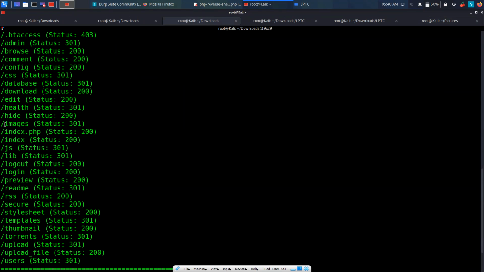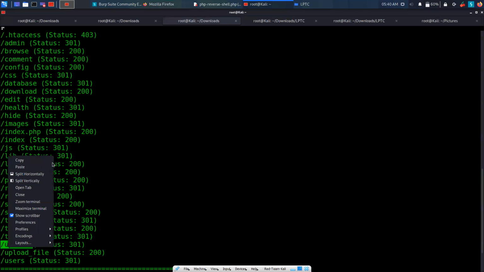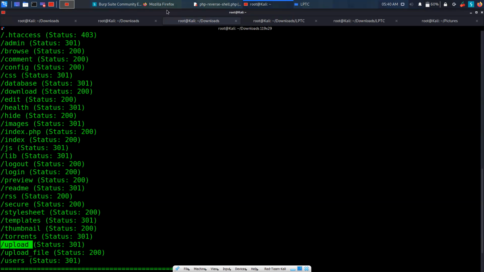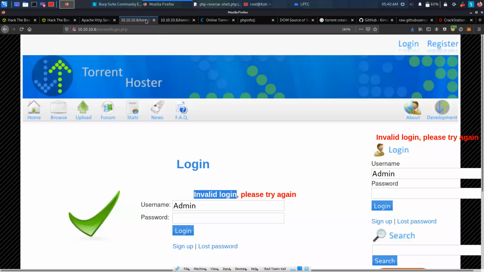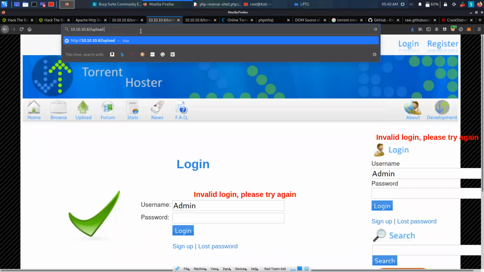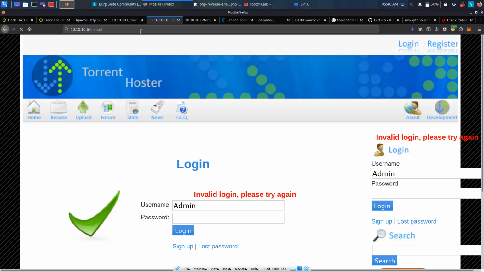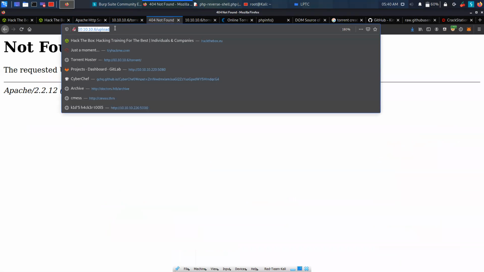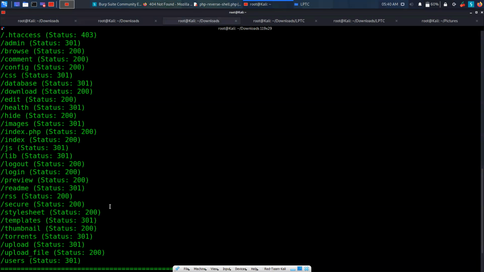So we go down. We are not interested in any of these. README, these are just the general Apache files. But this one is interesting, upload, because we just uploaded a screenshot as a reverse shell, and now we know the directory where our uploaded files reside. So we come over here and click on duplicate tab. We open the upload path, and okay, it's not there. We try to look for the upload file.